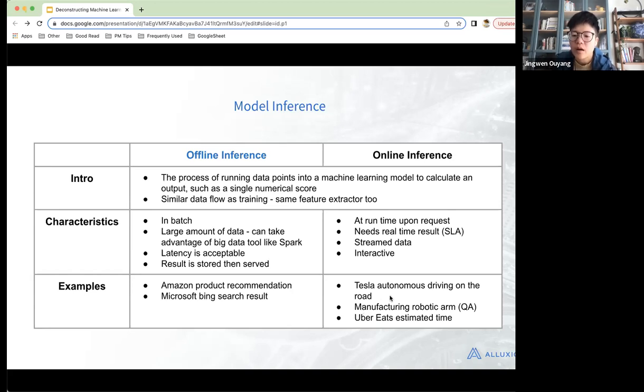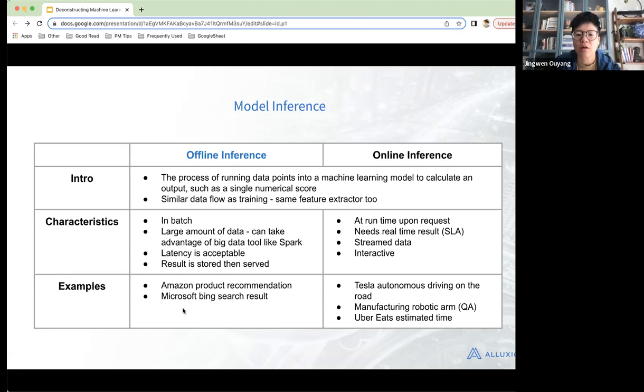So this needs to be known very quickly, and this tends to be somewhat interactive. For Tesla, the autonomous driving on the road, if we detect there is an obstacle or a person, we need to know right away and take action. And Uber Eats also calculates the estimated time right away too, right?